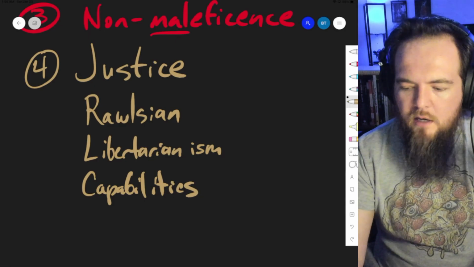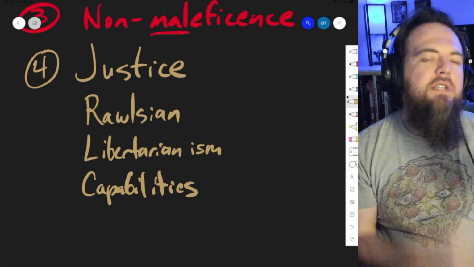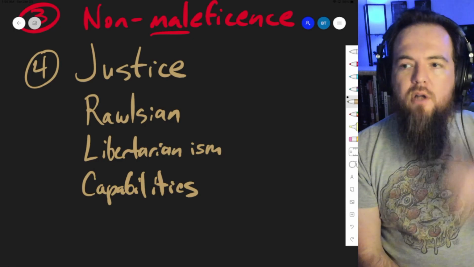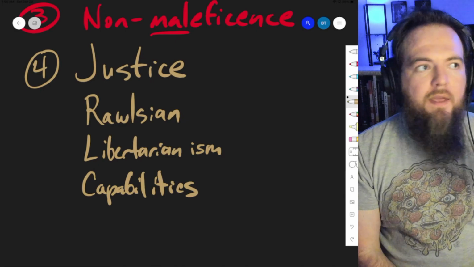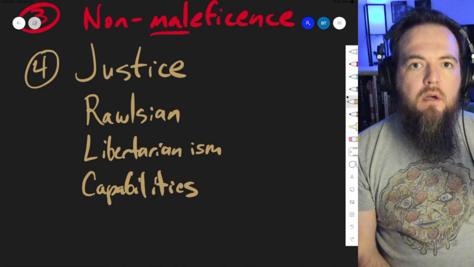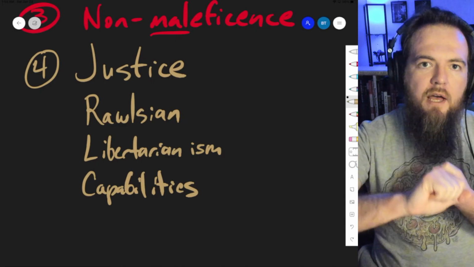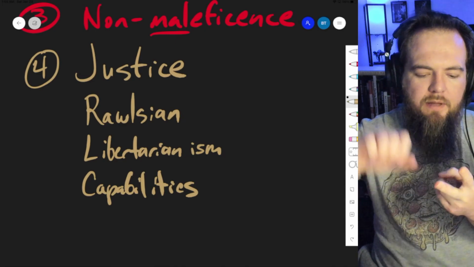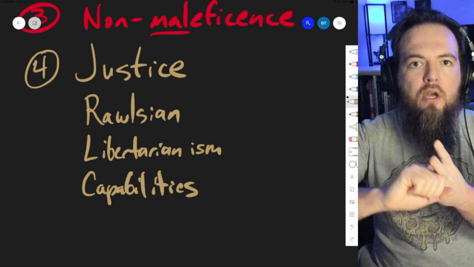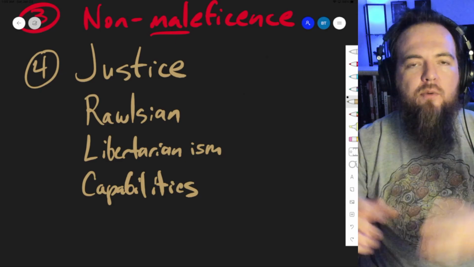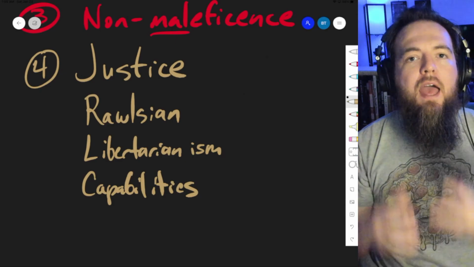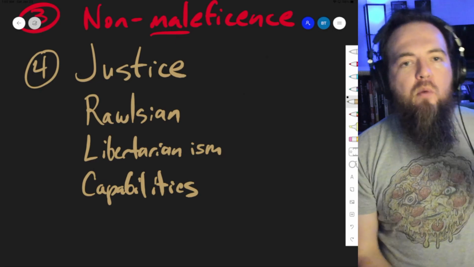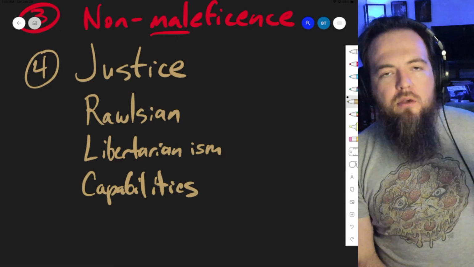And this is the way virtue ethicists deal with theories of justice. Remember when I was talking about what is a good life? What are the things that we think a good life involves? Well, it typically involves health, right? Typically involves social integration. It typically involves access to education. So you start to look at the capabilities or the capacities that all humans have, and the things that we think make up a good life, and we want to figure out if a government can be used to help